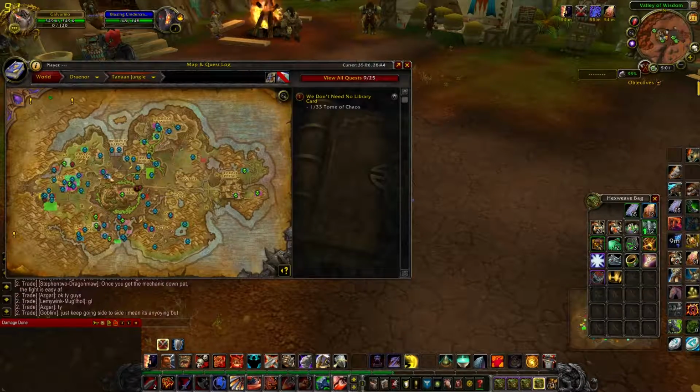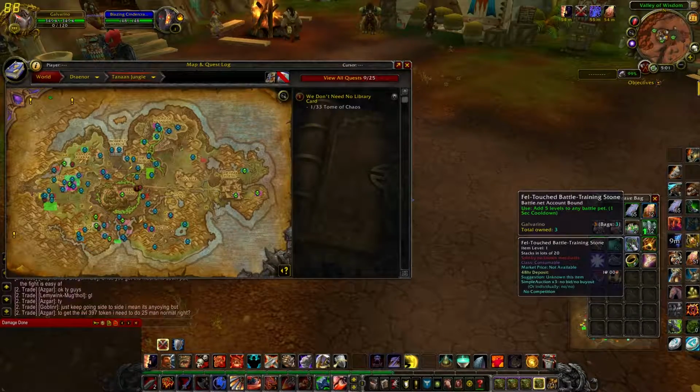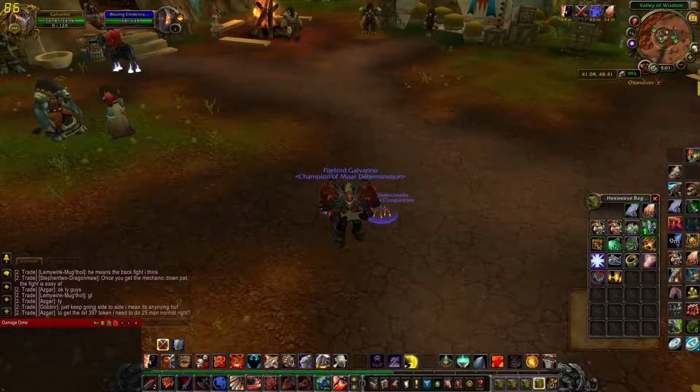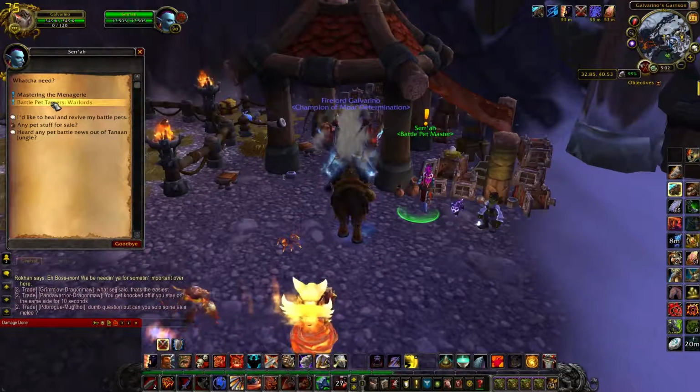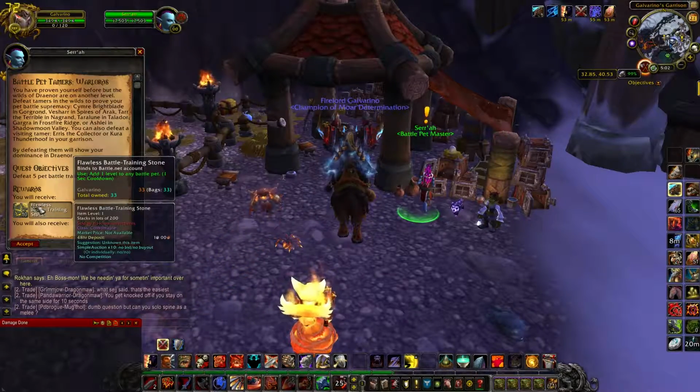It doesn't show on the map, but there are 15 pets that you can battle. They're pretty hard to do, though. So if you don't have the best teams, you might not be able to get those, and they're rare from the bags. Alright, so here in your garrison, if you have the Menagerie open, you can get 10 Flawless Battle Stones